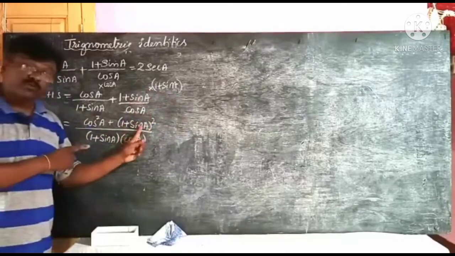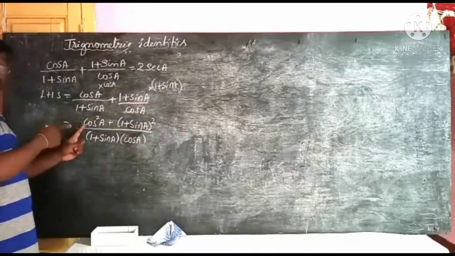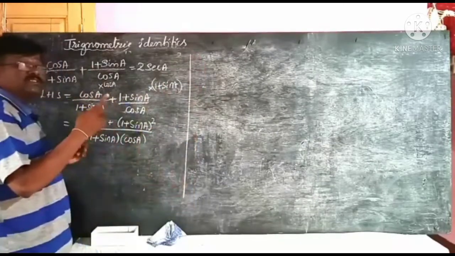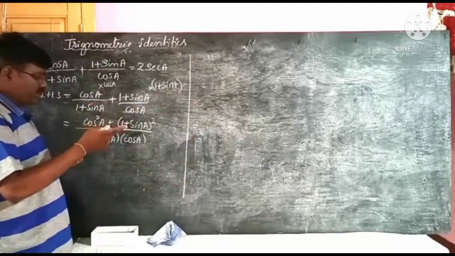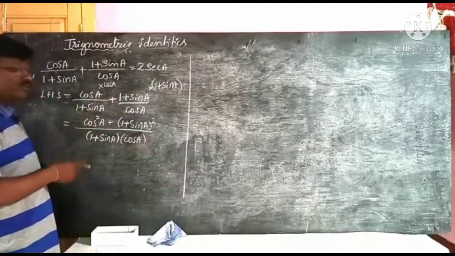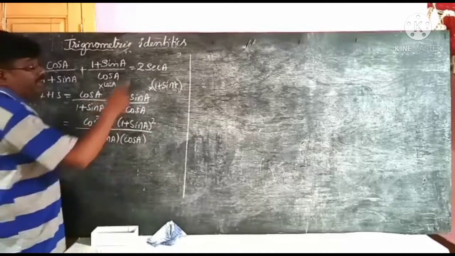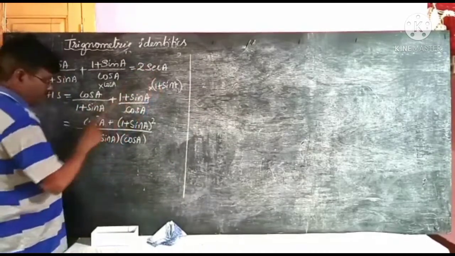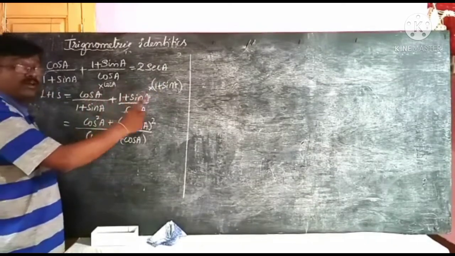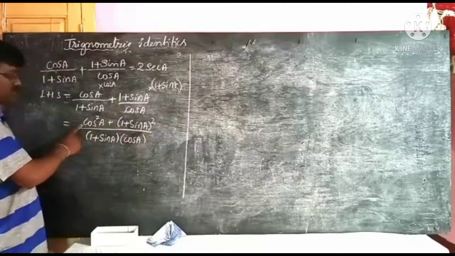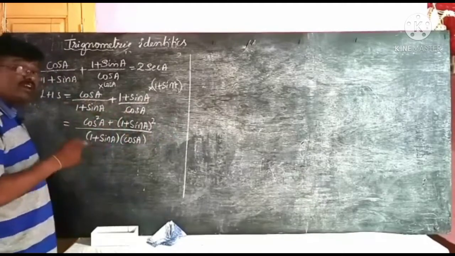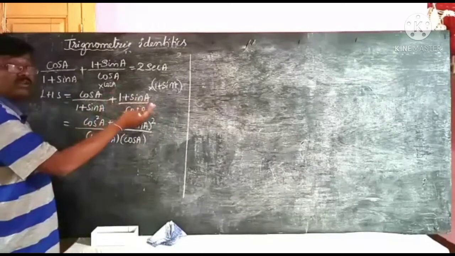Therefore we are explaining this one part only. If you want, cos square A is nothing but 1 minus sin square A, so you can apply it and solve it. If it cannot come to secant A, then you cannot use cos square A in a trigonometric identity step. Therefore cos square A you can leave as it is or keep as it is, or in case you can apply it.